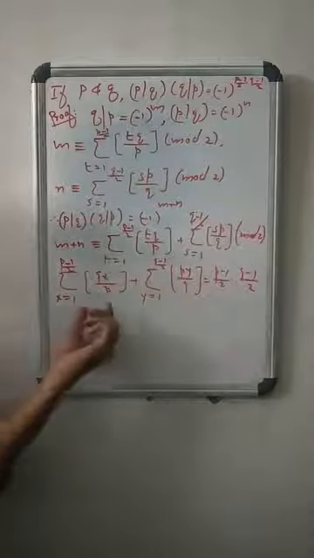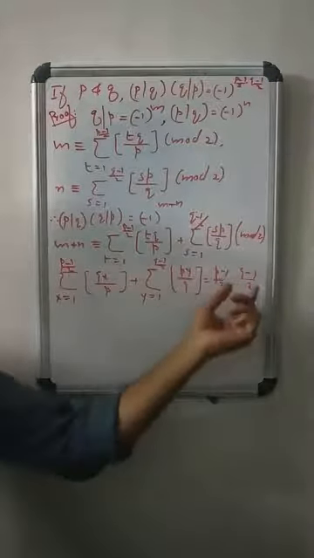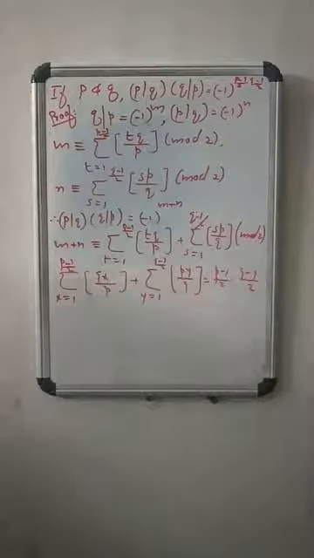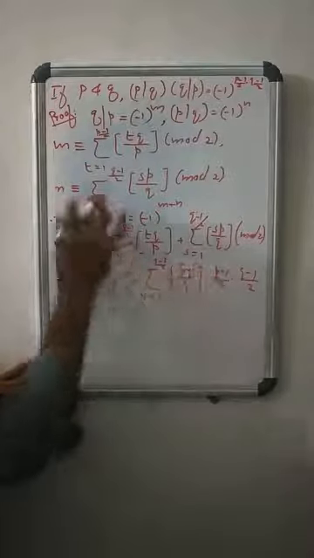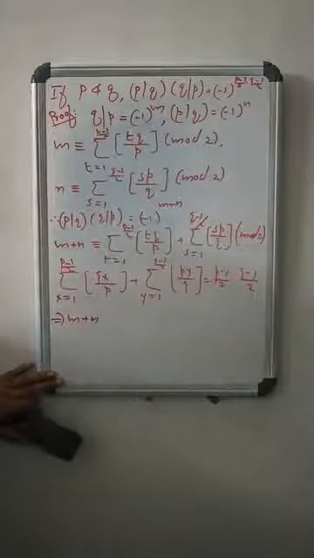Left side is the number of positive values plus the number of negative values. Right side is the total values of f of xy. Enough? Okay. But actually what about this one? That is m plus n. That means m plus n equals